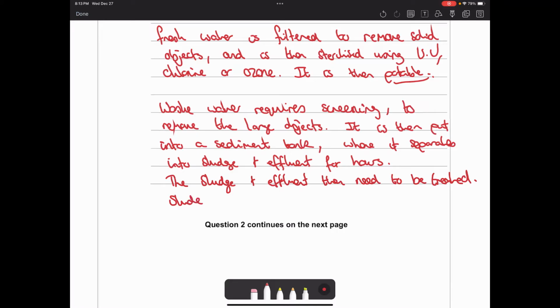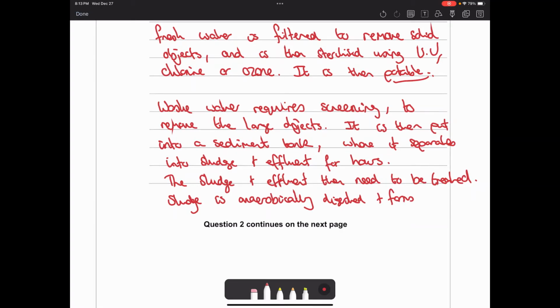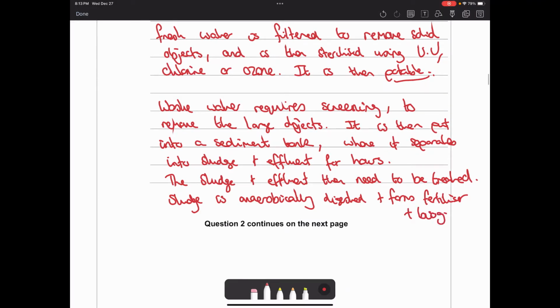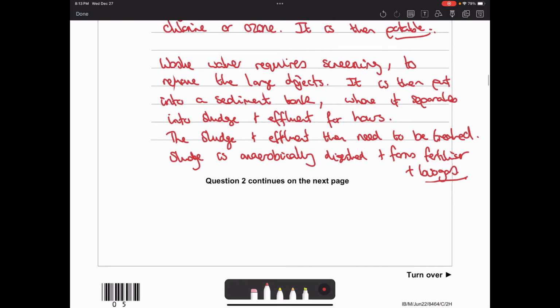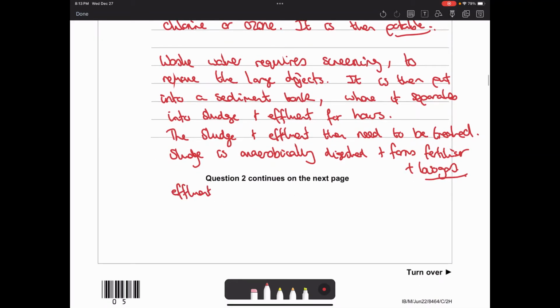Sludge is anaerobically digested. You've got to remember which way round it goes. So sludge is anaerobically digested and forms fertiliser and biogas. Effluent is aerobically digested. Okay, and as it's been aerobically digested, that then can be released back into the environment,